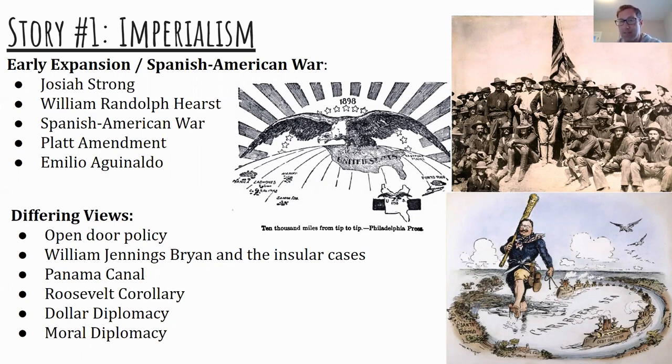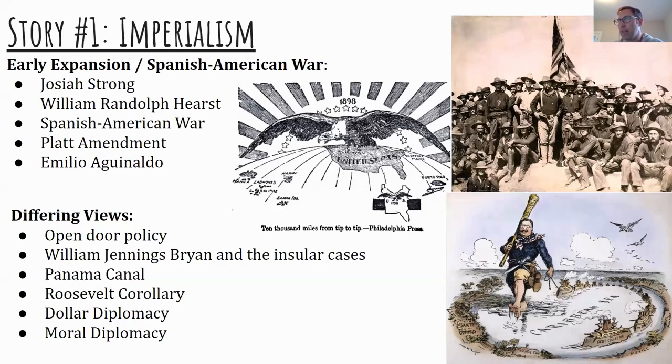Now, there's a number of different reasons why the United States went to try to imperialize. Some of it has to do with a desire for new markets through industrialization. Some of it has to do with feelings of cultural superiority that we see with Josiah Strong and the white man's burden. For others, it was a desire for growing military power. There's Alfred Mahan, who wanted to build up our naval power. Despite all these different reasons, and there were many, America decides to go overseas and start to expand its power. It does that with the Spanish-American War.